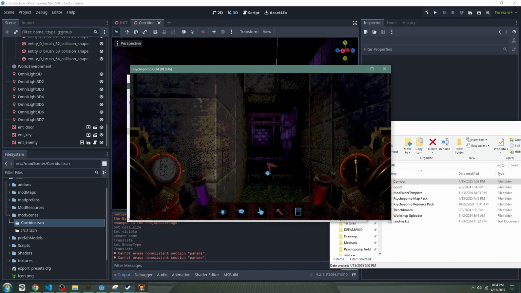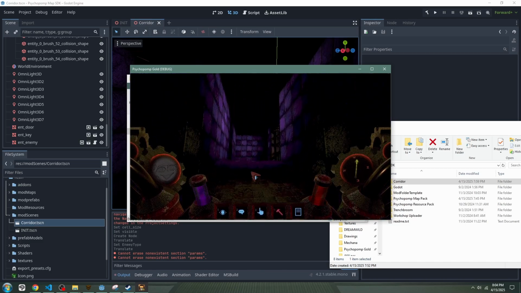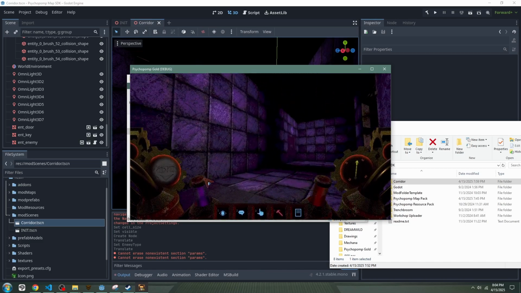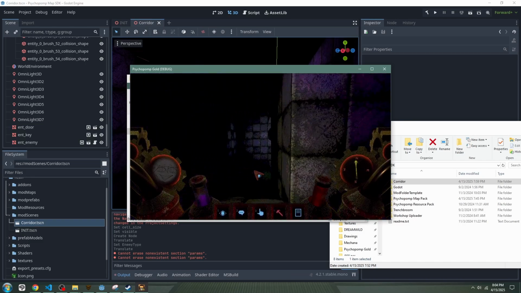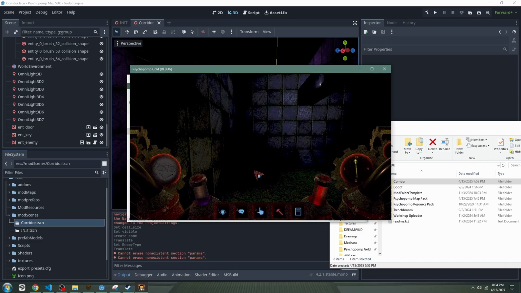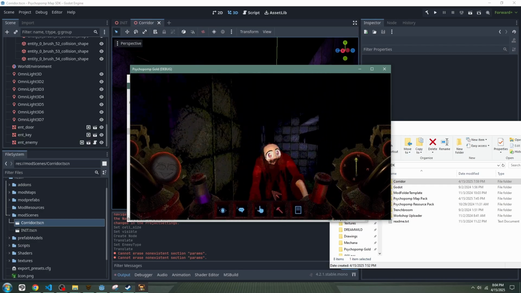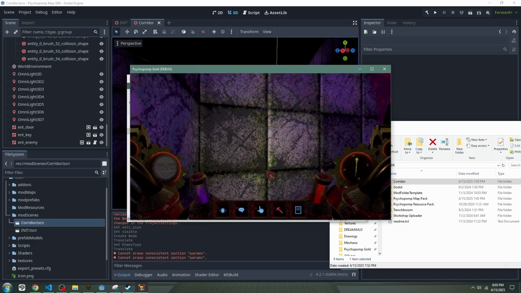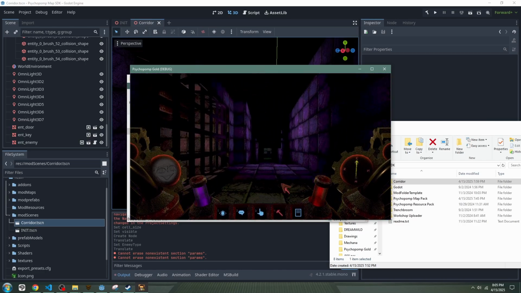You can add custom code, you can add custom models, textures, all sorts of stuff. And I would highly recommend that you add some sort of music. I just kind of skipped over that for the sake of brevity. Making maps is a lot of fun, but it can take a lot of practice, so don't worry if you didn't get it perfect the first time. Just keep practicing, keep making new cool stuff, think of places you would want to explore, and I'm sure you'll